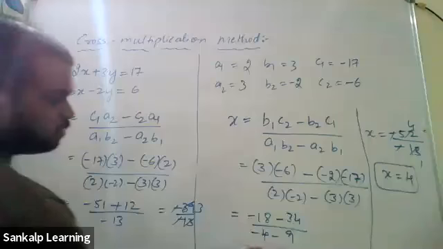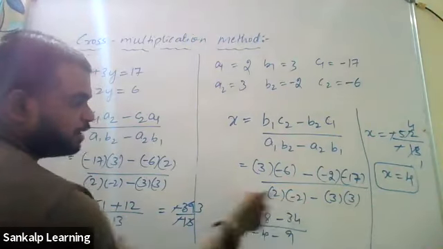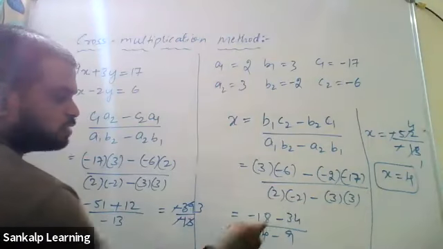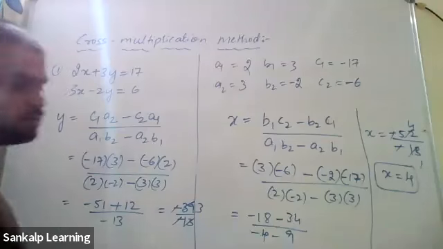Sir, how did you get minus 13 in the denominator? 2 into minus, same thing, right? What we did here, it is the same, isn't it? The same denominator here has come here too. 2 into minus 2 minus 4, 3 3s are 9. Minus 4 minus 9 is minus 13.